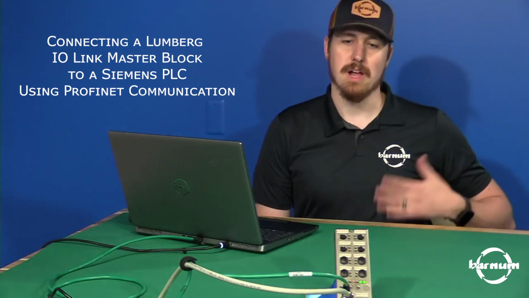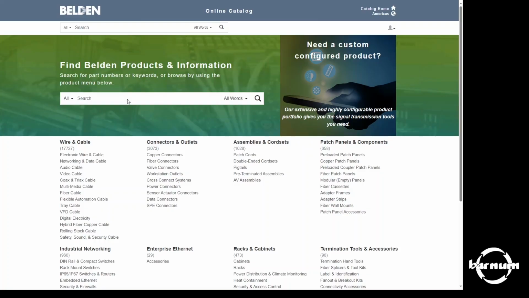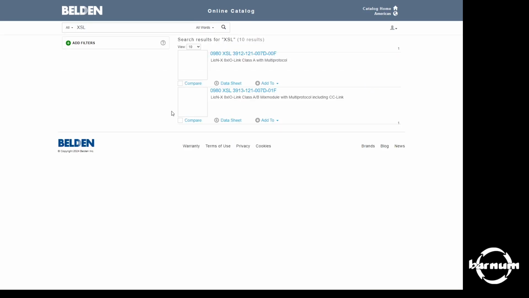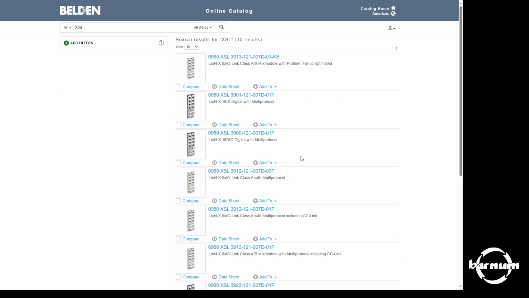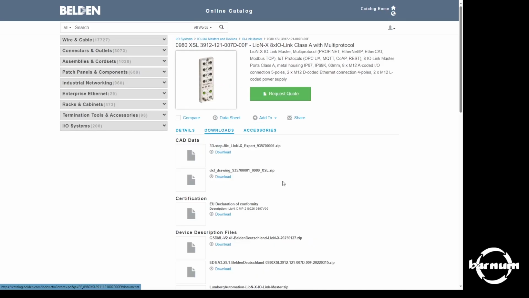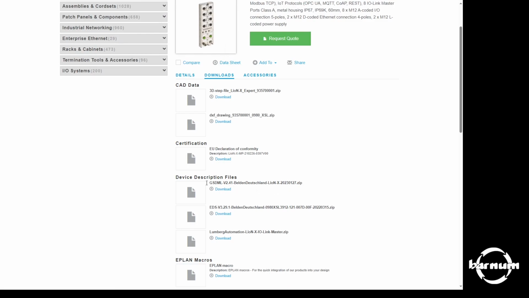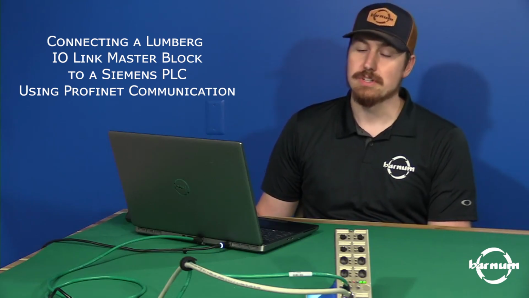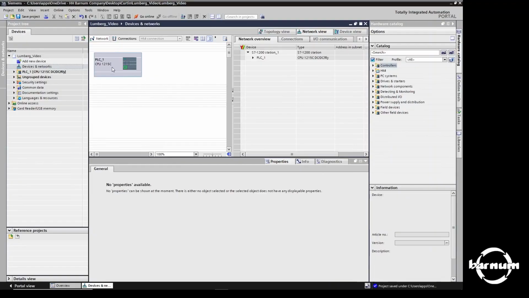When connecting these blocks to the TIA Portal from Siemens, most people use a GSD file, and the GSD files can be found on Lumberg's website at catalog.belden.com, and you can navigate to the part number of the block. Once you find that part number, there's a download section, and you'll be able to click the GSD file, download that, and bring that right into TIA Portal. Once you install your GSD file into TIA Portal,